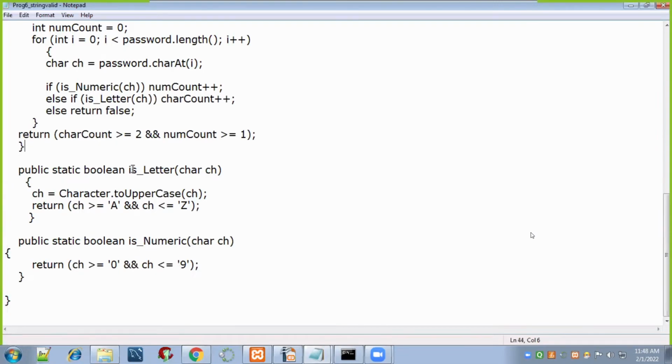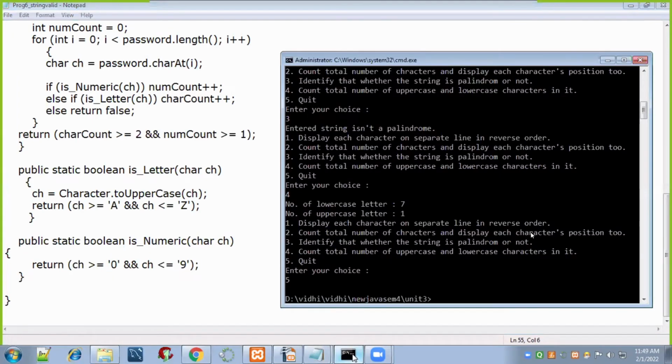And these are the methods or functions that we are creating, isLetter and isNumeric. How can we check that? Character to uppercase ch, we will check whether it is a character from A to Z or from 0 to 9. So when we run this,